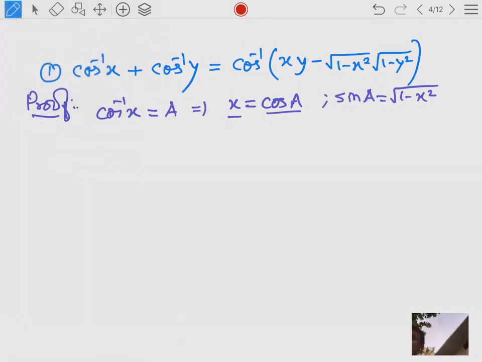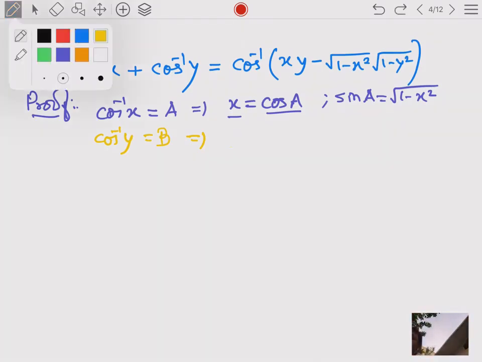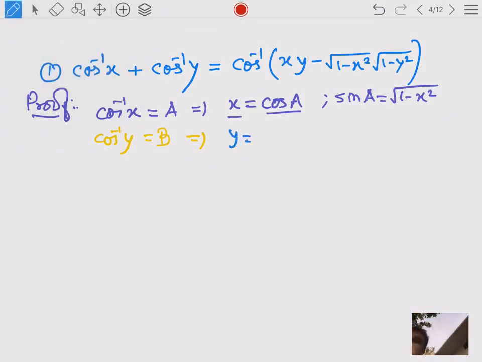Similarly, take cos inverse of y is equal to b, then it implies y is equal to cos of b, and it implies sin b is equal to square root of 1 minus y square. This formula we already have in class 10th and 11th, and the first formula we derived in class 11,